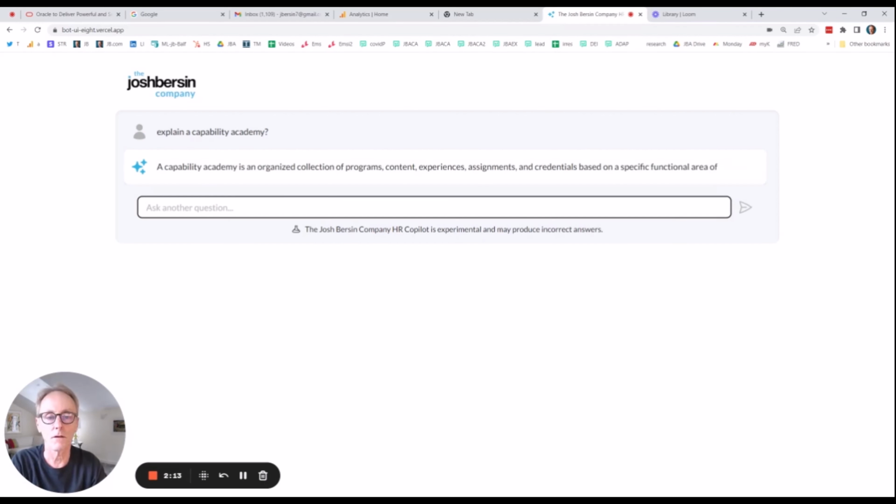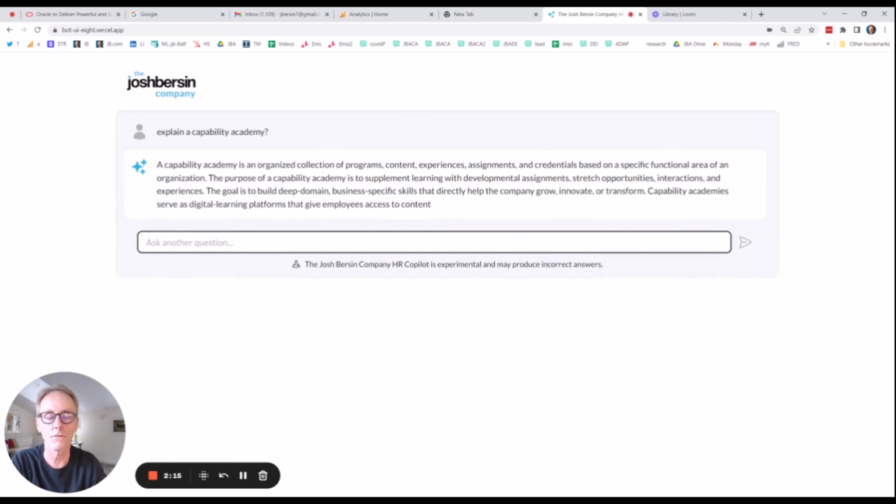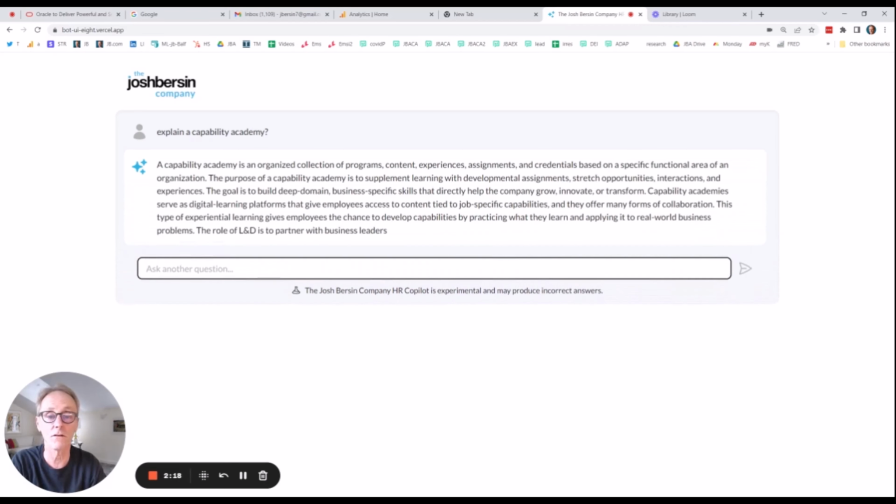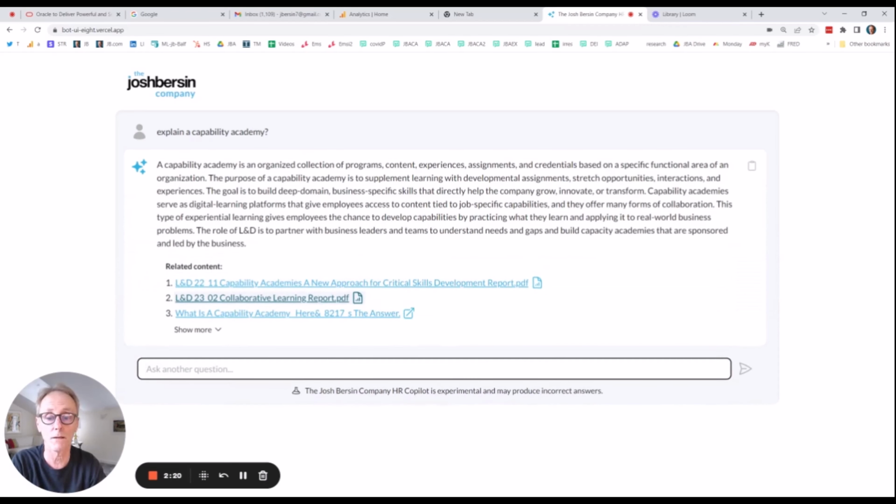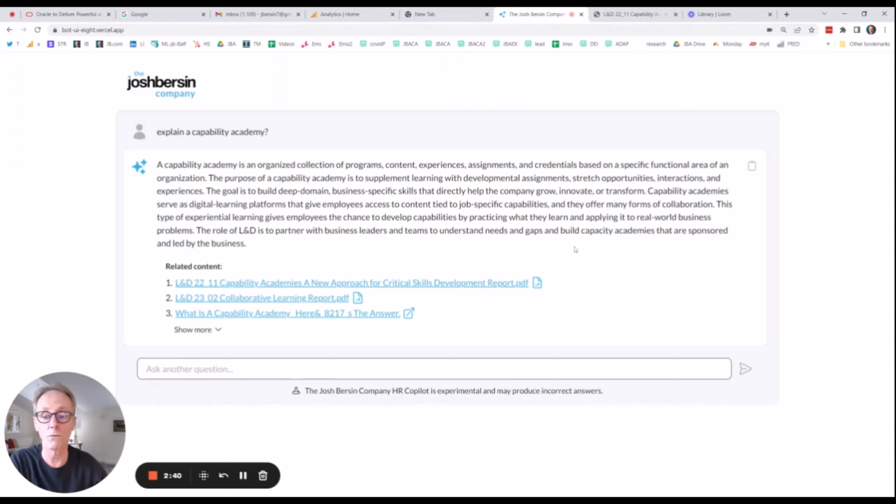And sure enough, the Copilot goes out through all of the research we've written on all the things in this domain, including the reports on capability academies, and gives you an easy to understand answer and tells you that it's not just a bunch of training. It's a whole bunch of other things. It's collaborative learning, it's experts, it's more. And you can see there's research reports in here. You can look at the actual detail studies behind this,